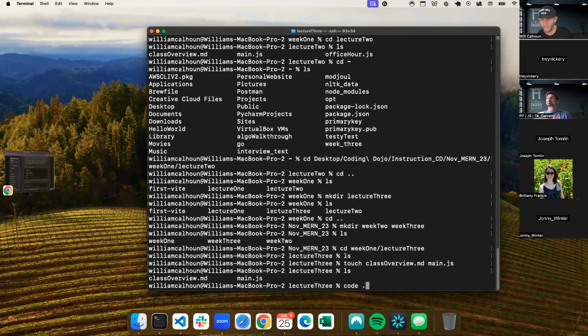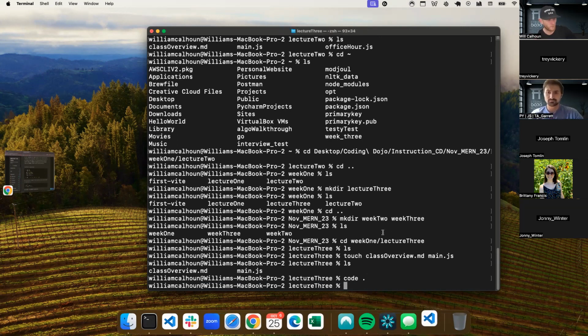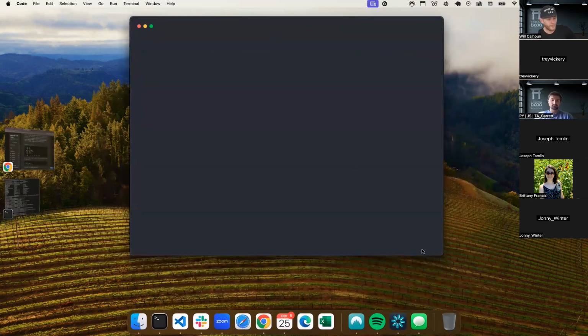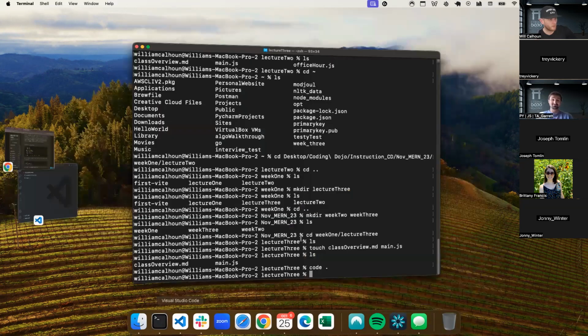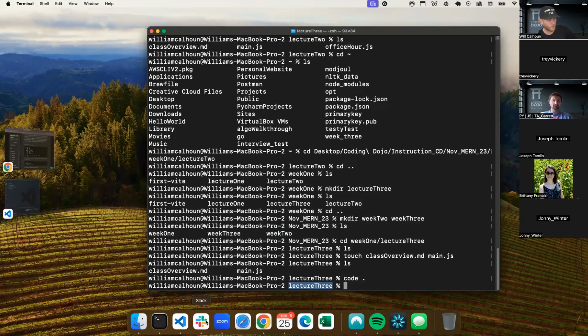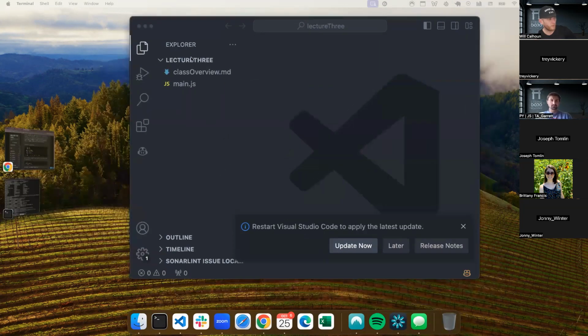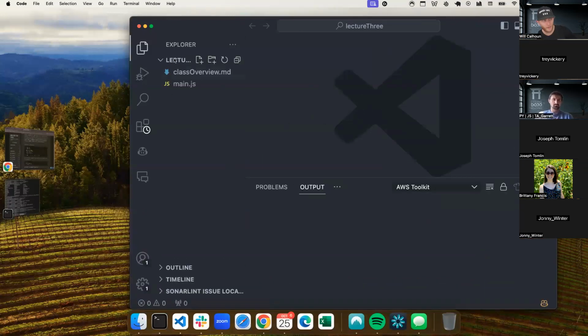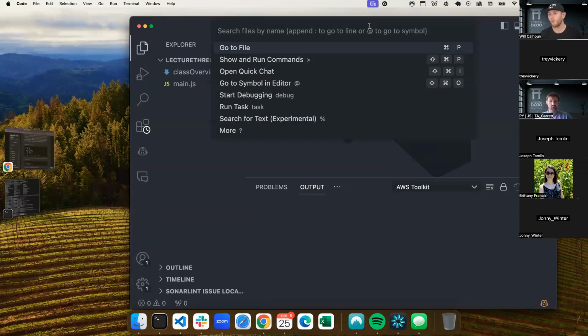Now, I can do this keyword called code space dot. What that's going to do is bring up VS Code for me. You can see it's opening VS Code. Right where I'm at, I was at lecture 3, and so it brings up my code for lecture 3. It brings up all of my files there. Now, if you are on Windows, this is built in by default, because VS Code is owned by Microsoft. Microsoft owns Windows, so of course they make it much easier. If you don't have it,